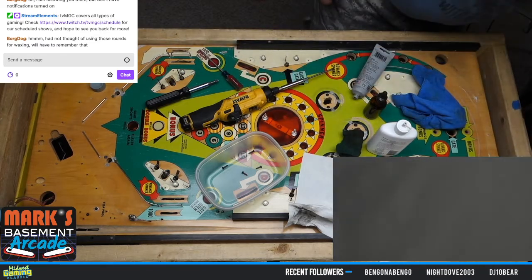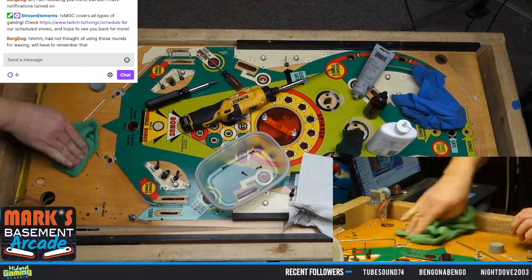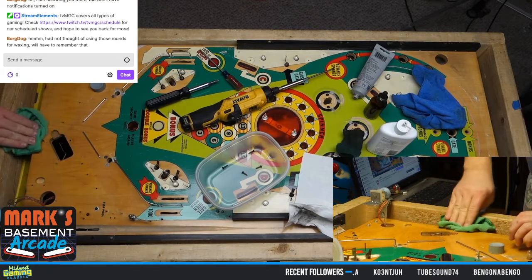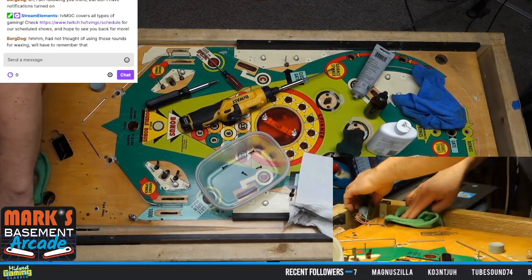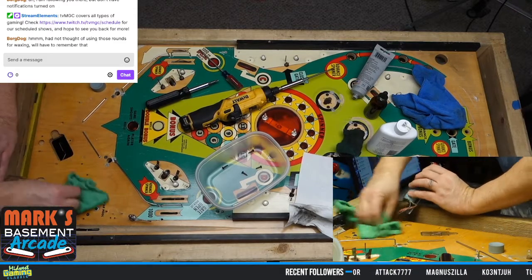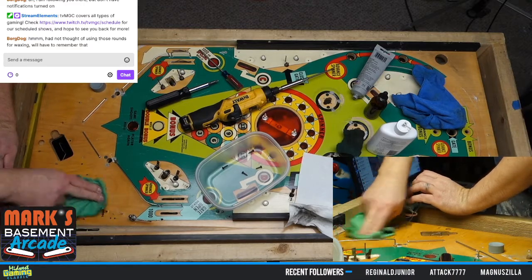We'll use green to remove the wax. So why I want to do this is now this area has been waxed. So now I can put this piece back on it. It will stay bolted down, and I don't have to worry about cleaning this area now. And yeah, it seems kind of crazy that you're waxing under the skirt, but